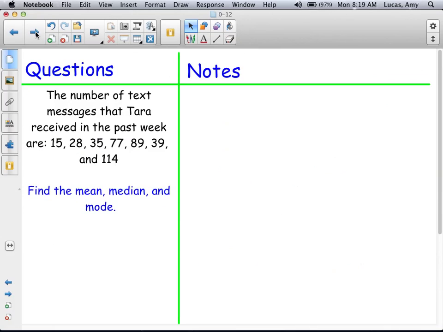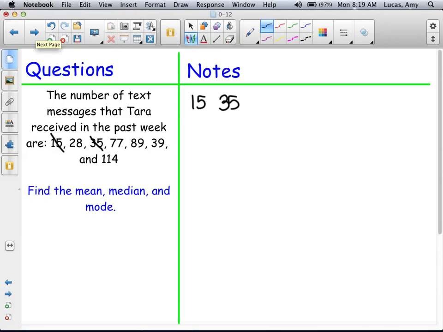Our first example, the number of text messages that Tara received in the past week are 15, 28, 35, 77, 89, 39, and 114. Find the mean, median, and mode. So for these values, the first thing we need to do is put them in order. So smallest to largest, 15,